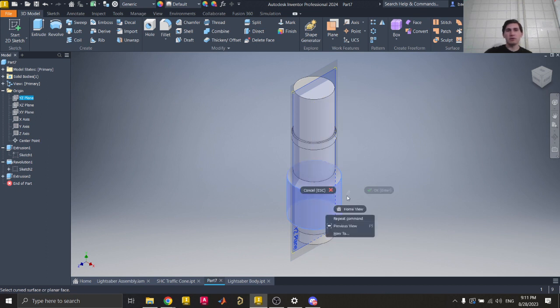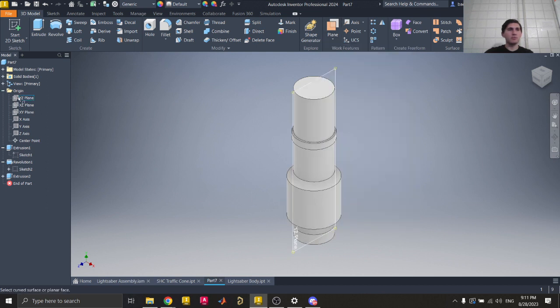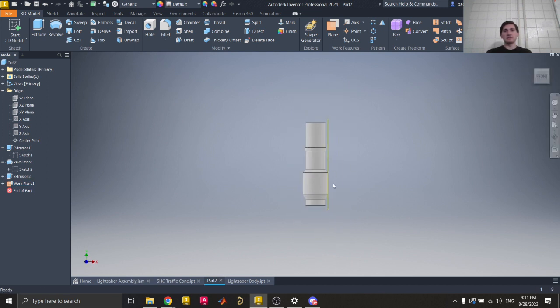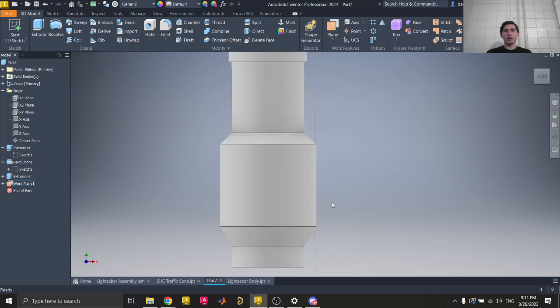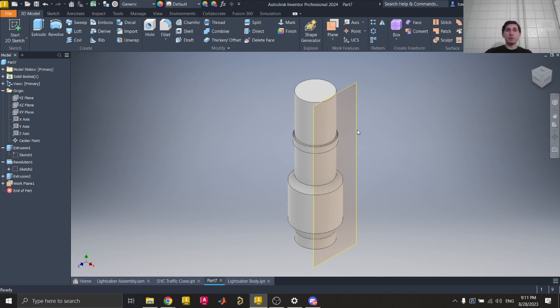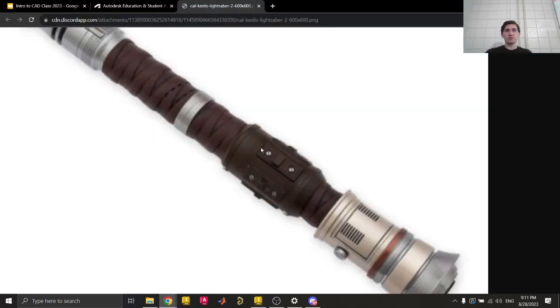Let's see. Oops. What did it do? Let's try that again. Okay. So now we have that plane. If I look at it from the side, this plane is nice and exactly along that curved surface, and it's nice and flat. So now what we can do, if we want to make these little rectangular sections right here,